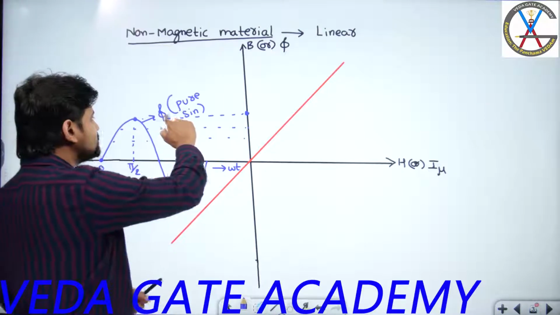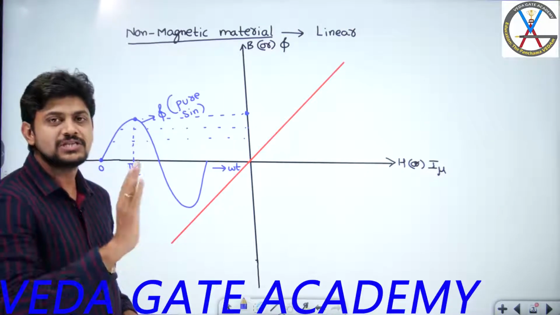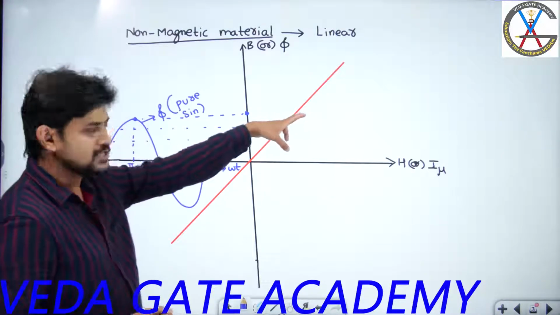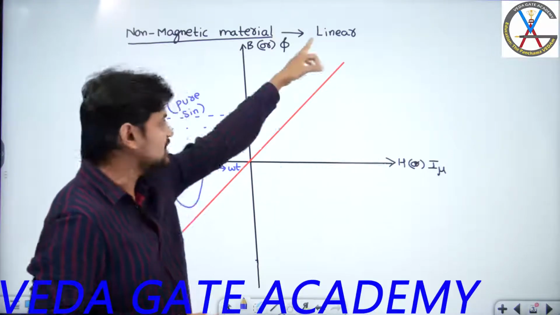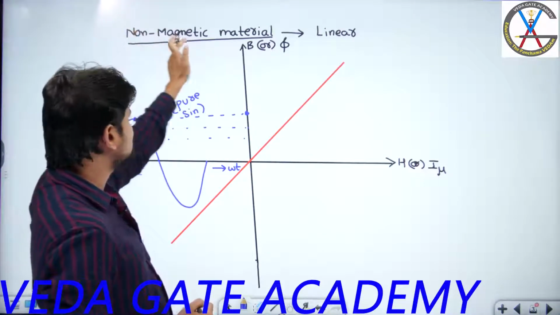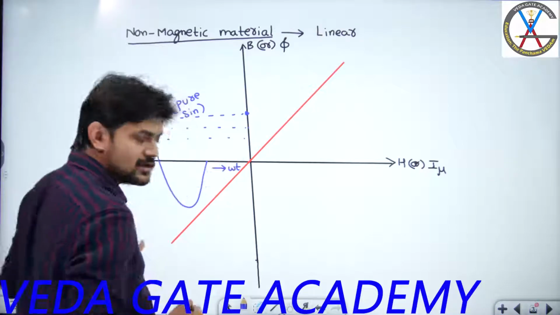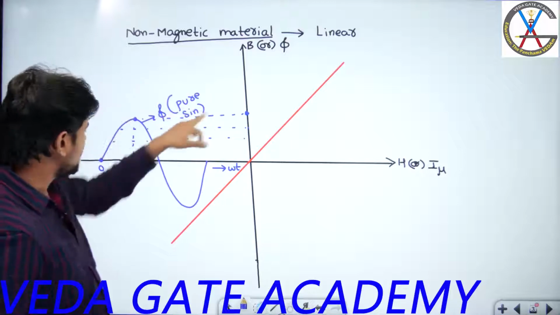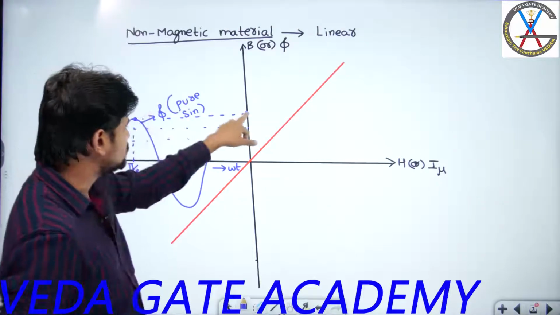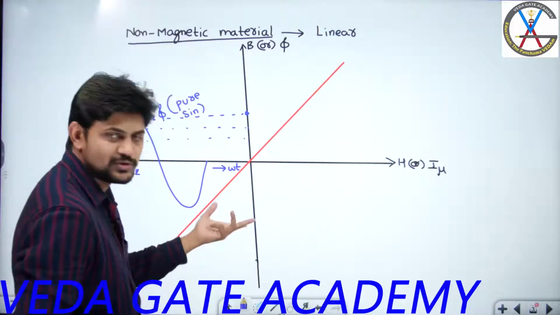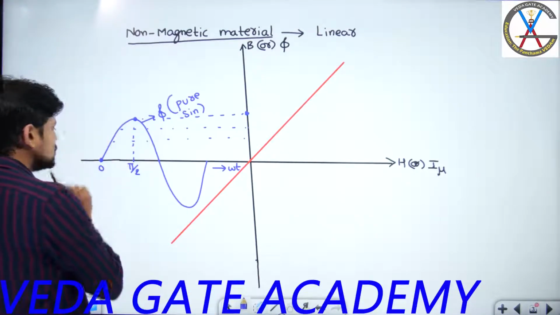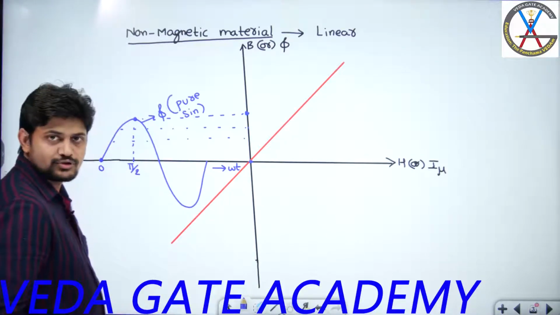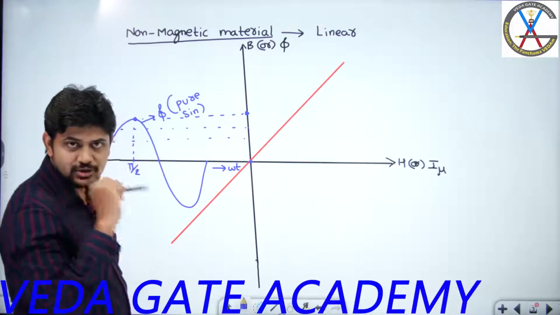Now what I need to do is get this flux as pure sinusoidal. In order to get this pure sinusoidal flux, what is the shape of the magnetizing current? I need to reflect these points onto the shape, because the BH characteristic of this linear machine, or the machine which is using a non-magnetic material, is linear in shape. So if the flux magnitude at omega t equal to pi by 2 is maximum, the corresponding current magnitude is also maximum. At omega t equal to 0, if I reflect this point onto the x-axis, this is the origin point, so the corresponding current is also 0.